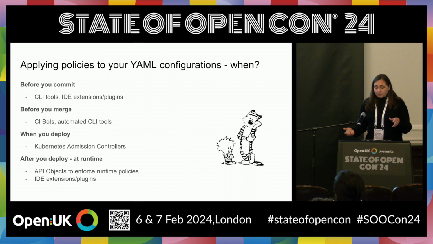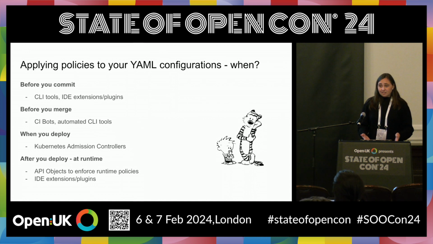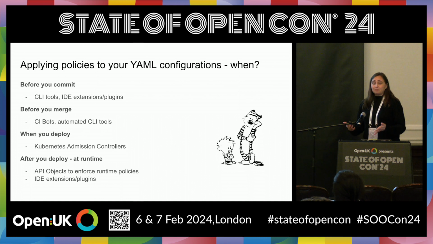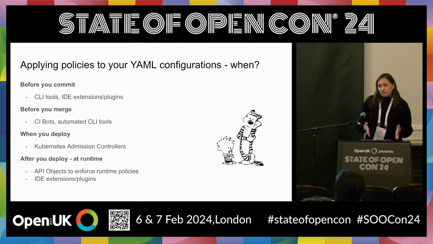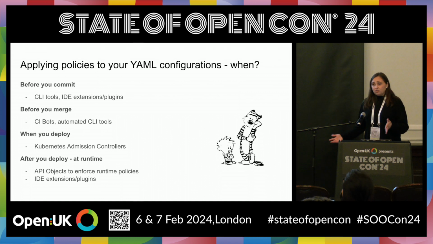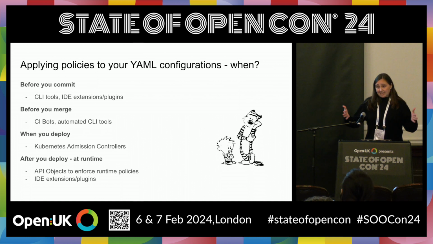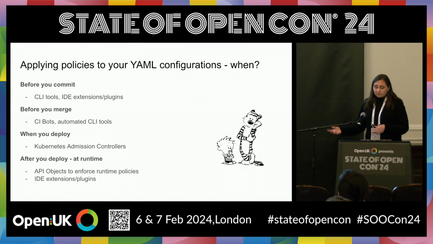Policies can be applied to your YAML configurations at various points. I personally think that the earlier you do it, the easier it is. And then once you have your YAML configured appropriately, it's not something that you have to reconfigure every day, right? So if you secure it earlier on, then as you make small adjustments, you know exactly what those adjustments were. It's much easier to then adjust your configuration policies as you go, which actually downscales the security efforts that you have to make. While the most common use of policies is at deployment,